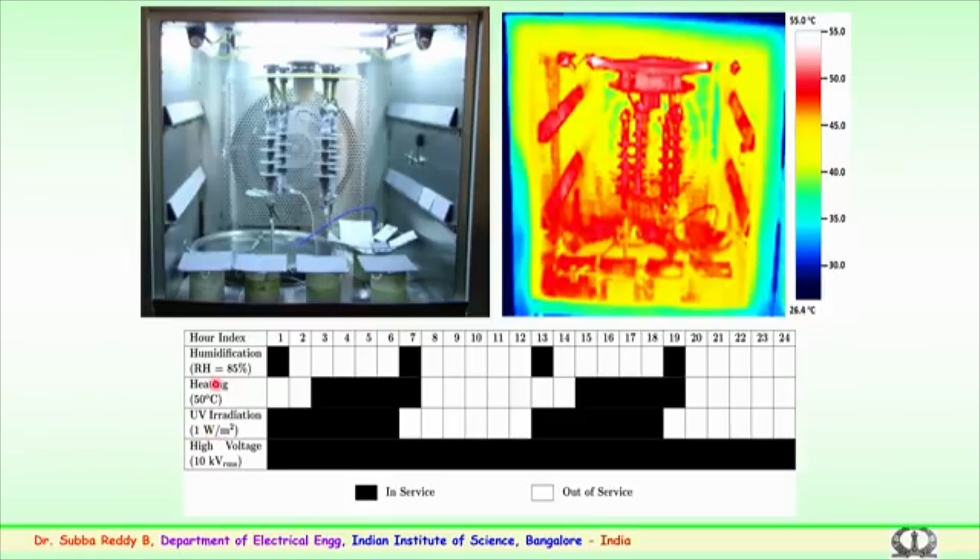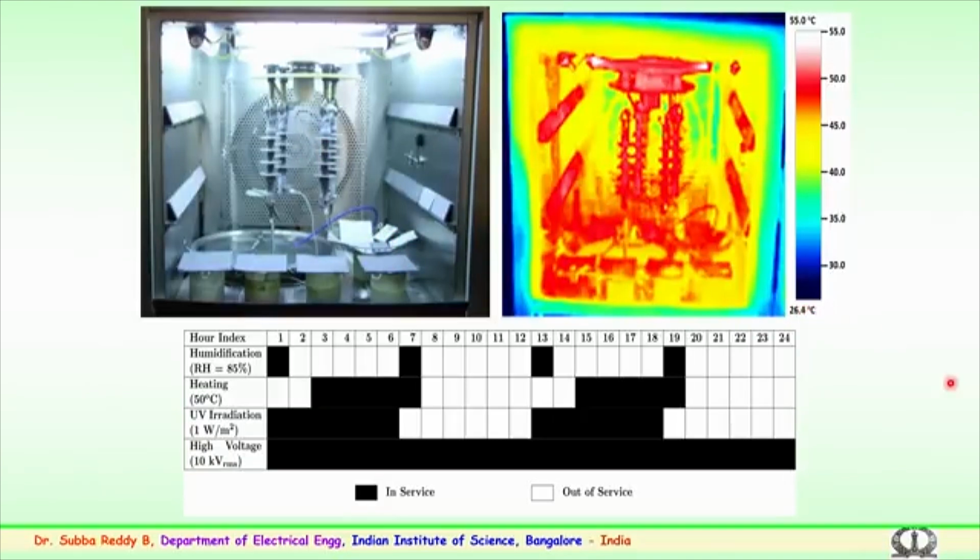The cycle which is developed, as mentioned, considers 4 parameters. We have a high voltage, you have UV of 1 watt per meter square, temperature, and humidity, and various hours in 24 hours of a day have been fixed, and these 4 stresses have been followed in a cyclic way, in service and out of service. In service indicates the black, blocked portion, and out of service indicates the unblocked portion here. So, this cycle was followed for 1000 hours wherein the experimentation was conducted for various insulator samples and the slabs,